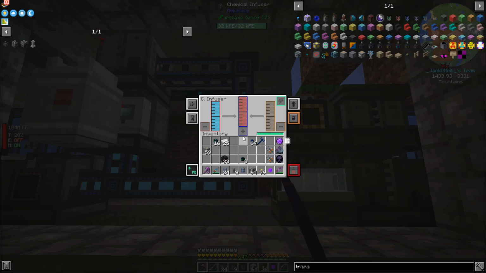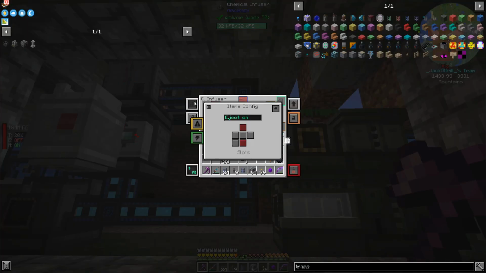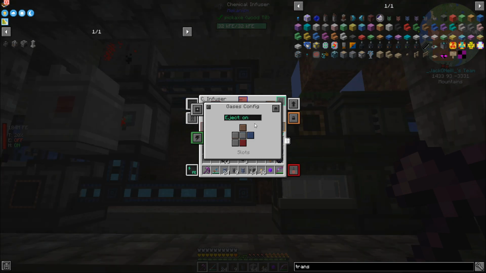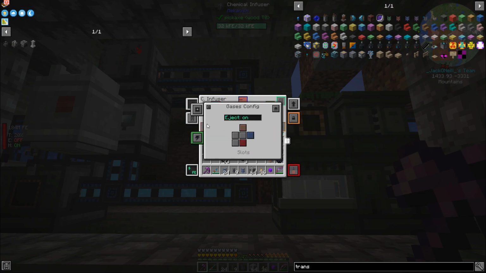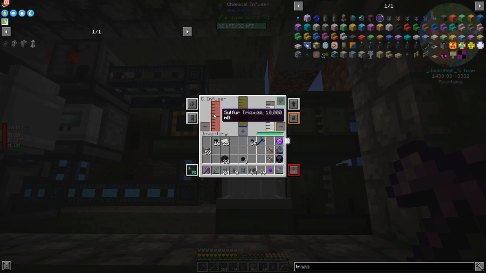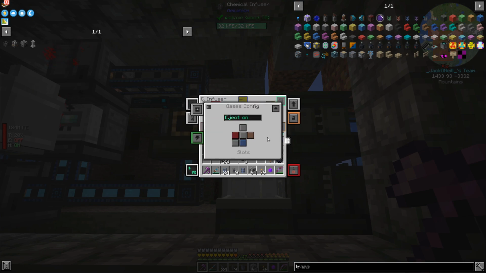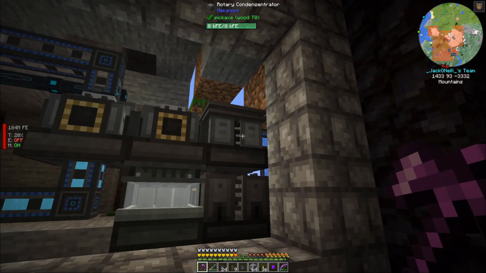Then we have our chemical infuser, which is supposed to take our sulfur dioxide and our oxygen from the bottom, and sulfur dioxide from the top. So we have our gas input orange, which is this one over here. And then we have our other input, which is the red one. And then we output our sulfur trioxide out here. And then this is also supposed to get input from the right. It's supposed to get input from the left, and it's supposed to auto output to the bottom, which it does because we have our sulfuric acid over here,